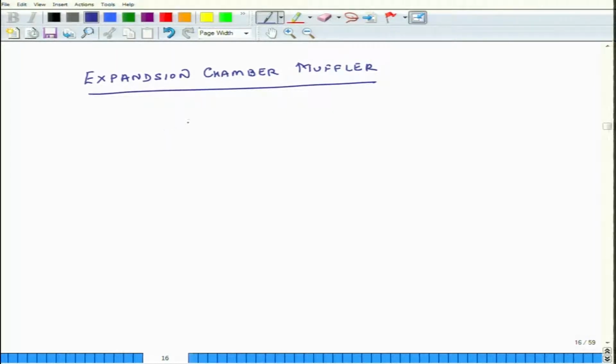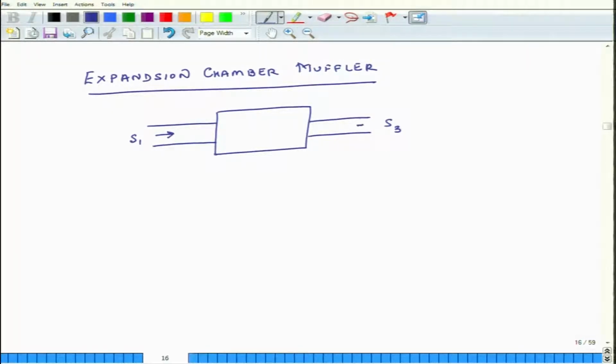So, these expansion chamber mufflers could have one expansion chamber or two expansion chambers. This is an expansion chamber muffler with one chamber. Now, here the area is S1, the outgoing area is S3, sound is coming in from the S1 side,